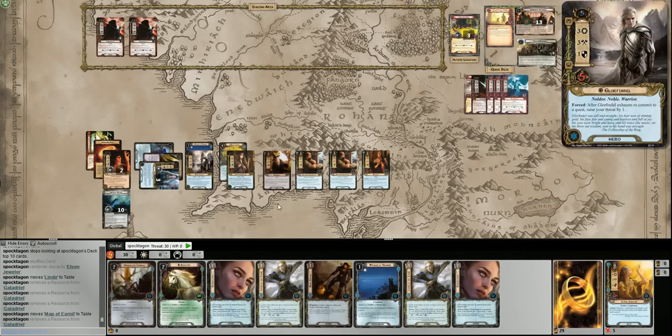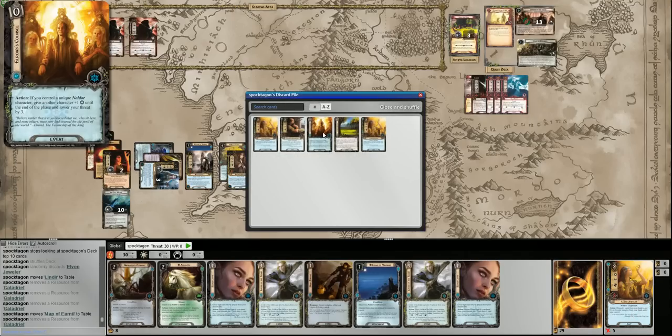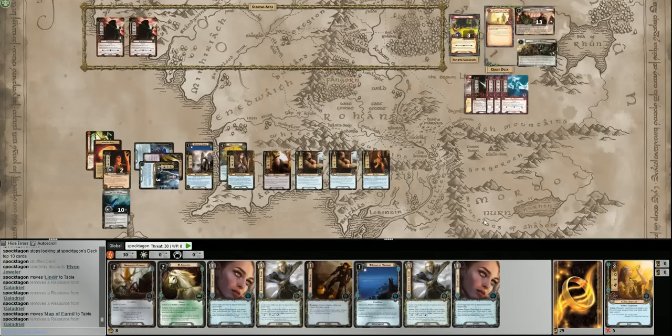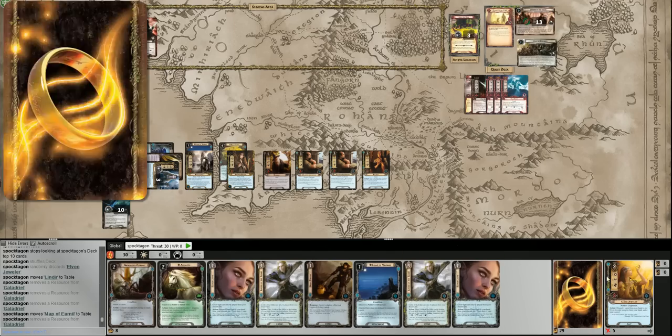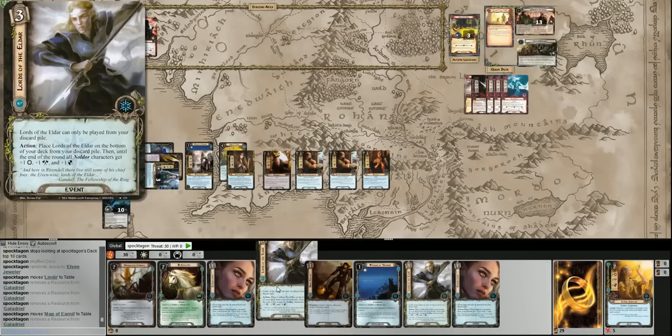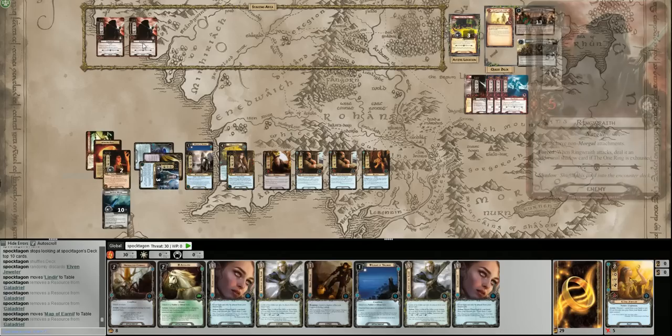That'll let us use this if we need it. That was really unfortunate. So I could have used her to discard my 2 Elven Lights and then drawn 2 more cards. Or maybe I would have discarded a Lords of the Eldar instead. Anyway,